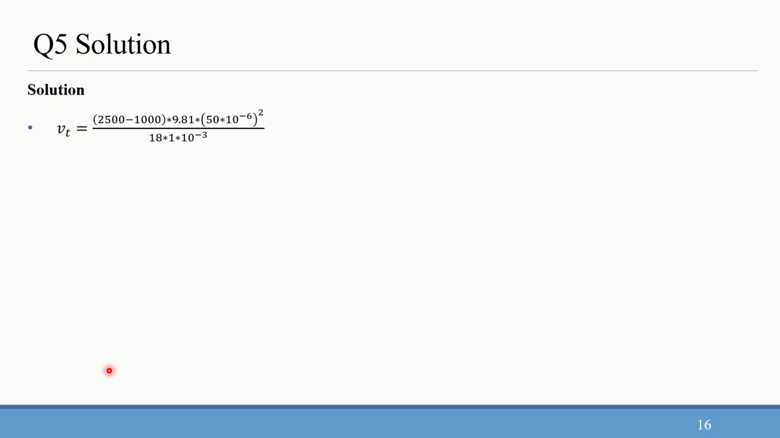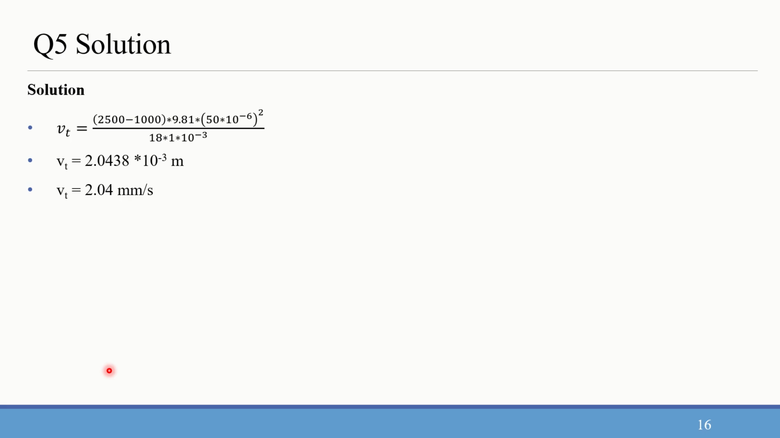Rho p here is 2500 minus 1000, into g 9.81, into dp square. dp is 50 microns, so 50 into 10 power minus 6 meters, squared, divided by 18 mu, that is 18 into 0.001, or 0.018. So Vt we will get as 2.0438 into 10 power minus 3 meters per second. Since in the question it was asked to report in mm per second, the answer is